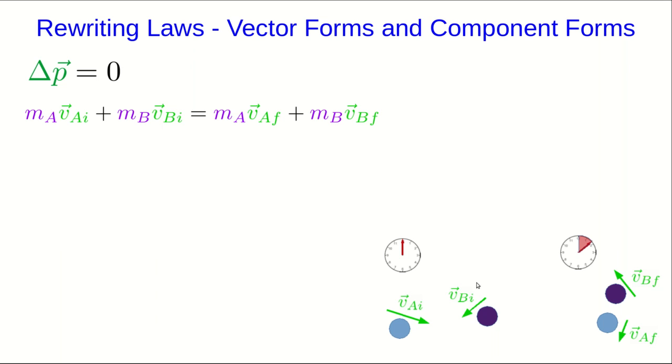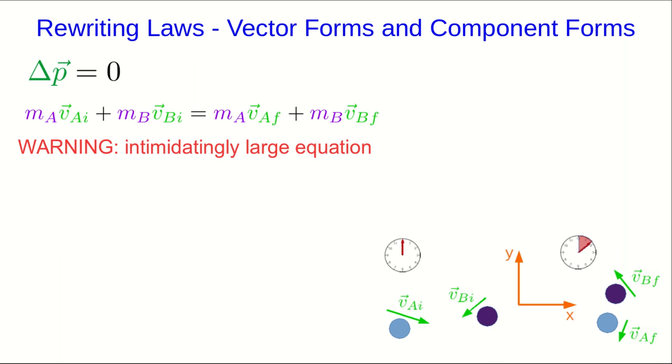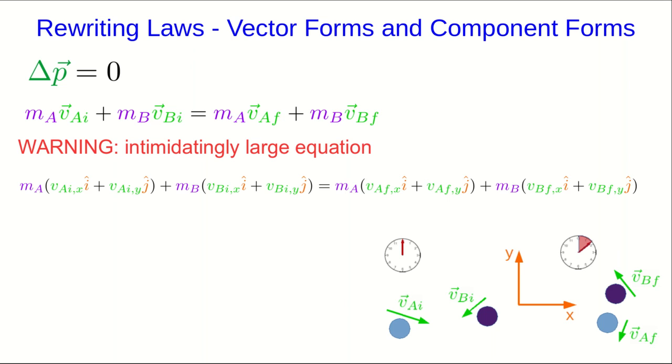So, as we've done before, let's now introduce axes and write this out in full in terms of components. And I'll warn you before I do this that this is going to be an intimidatingly large-looking equation. Don't panic. The whole point of what I'm showing you is that I want you to see how to make it less intimidatingly large. So, just writing out each velocity in terms of its components, it looks like this,